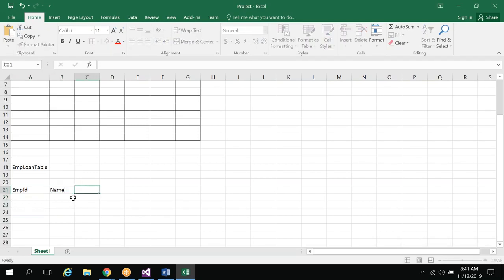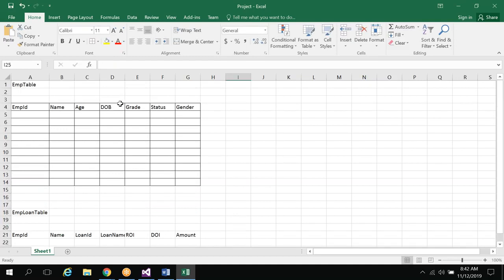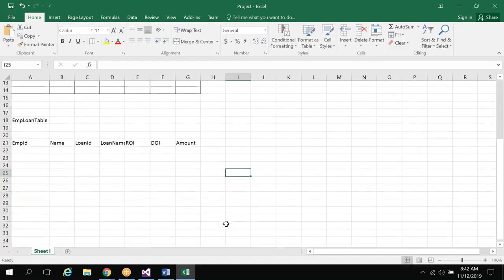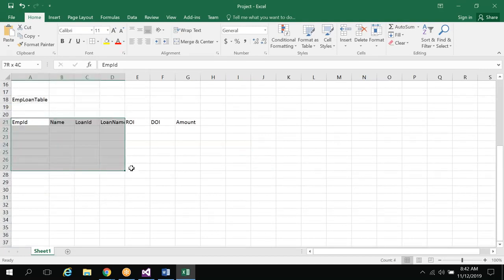Employee name, loan ID column, loan name column, rate of interest, date of issue of loan, taken amount, something like loan description, something like that we will create. This is one more table which we are going to create in our training program.